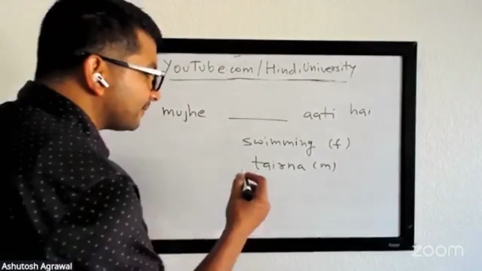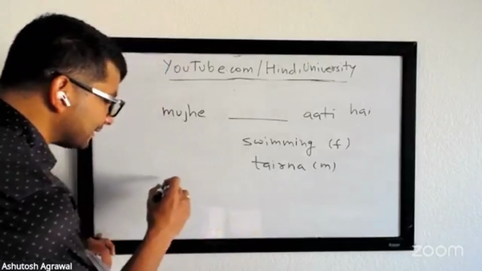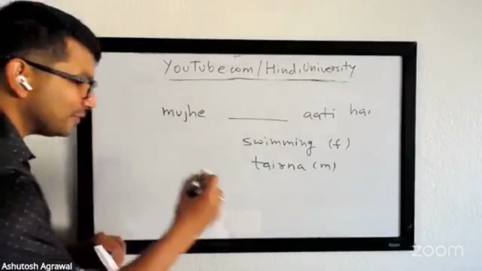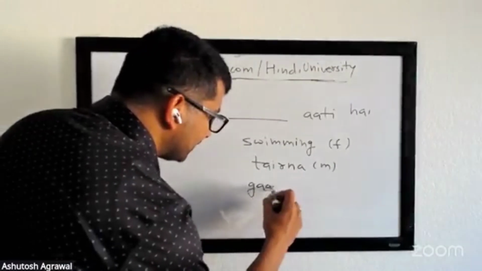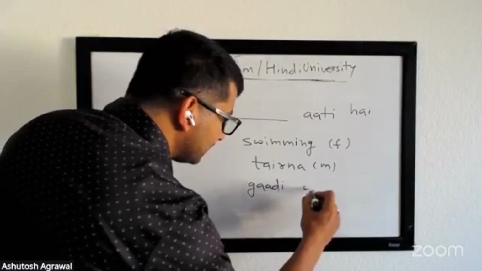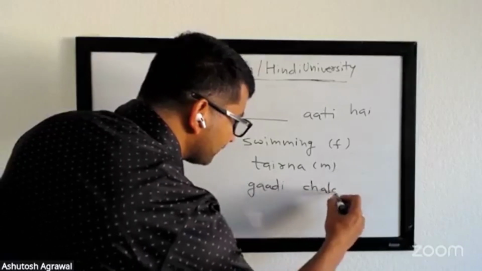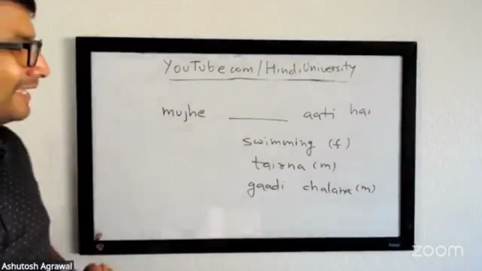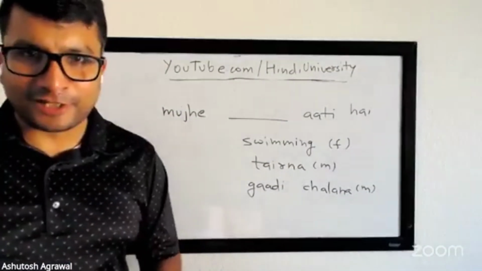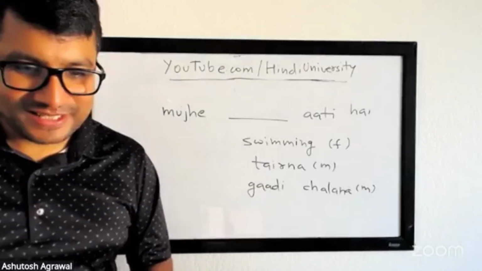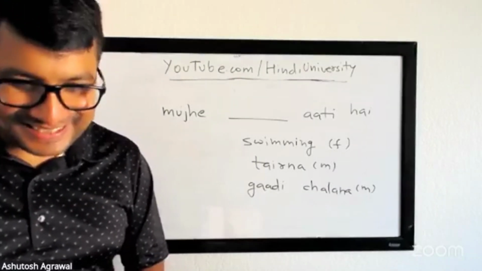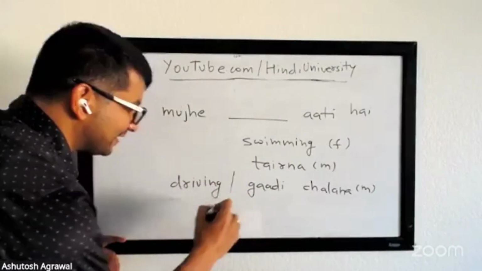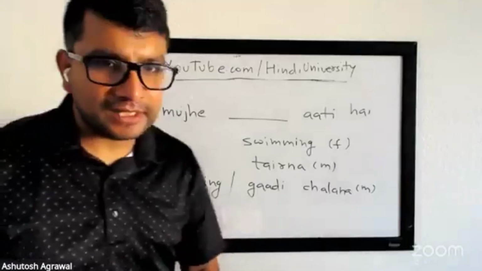Okay, you know driving. What is driving in Hindi? गाड़ी चलाना. Beautiful, right? So you'll say मुझे, गाड़ी is considered like a vehicle. Chalana is to drive. मुझे गाड़ी चलाना आता है. And it will slightly confuse you because if you're saying मुझे driving, you will not say आता है, you will say driving आती है. So, मुझे ड्राइविंग आती है या मुझे गाड़ी चलाना आता है.